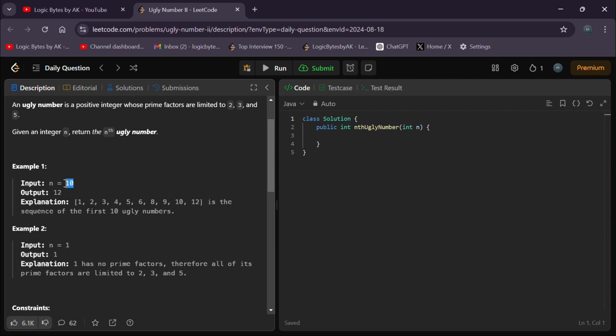So what will be the 11th ugly number? It should be 14, right? After 12, what will be the next number? 13. But 13 is a prime number and it exceeds 5, so we don't consider 13 as our answer. The next is 14, and what are the prime factors of 14? 2 and 7. So it exceeded 5. But previously I mentioned that we should store multiples of 2, 3 and 5. Yes, that's correct. But